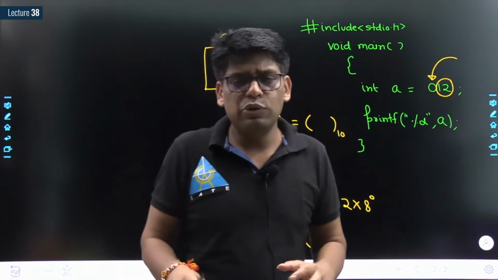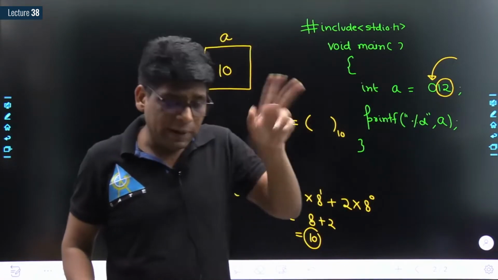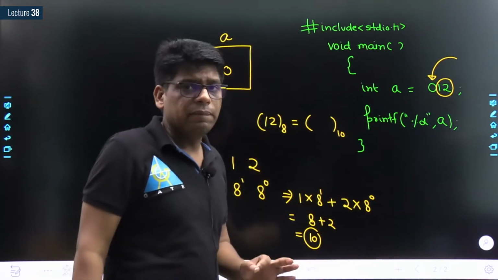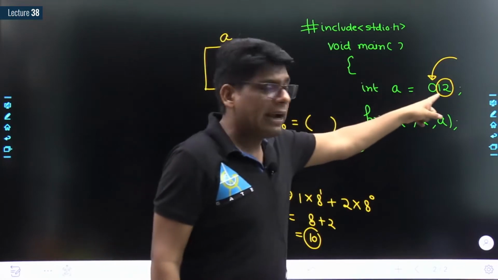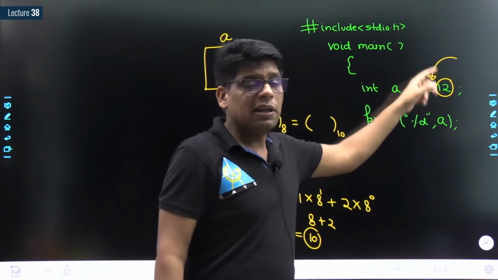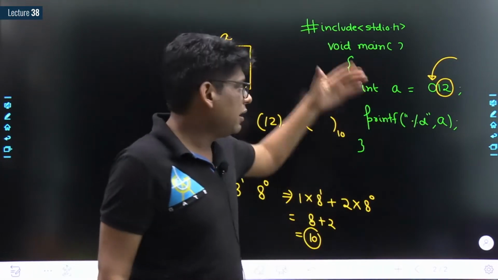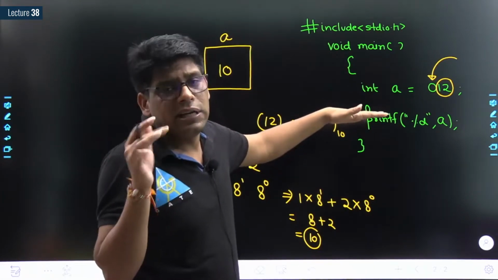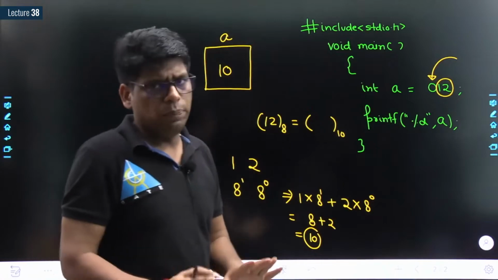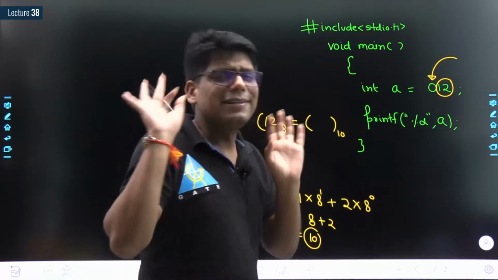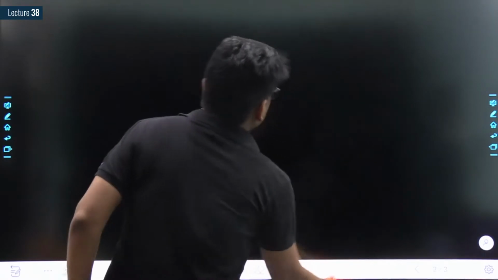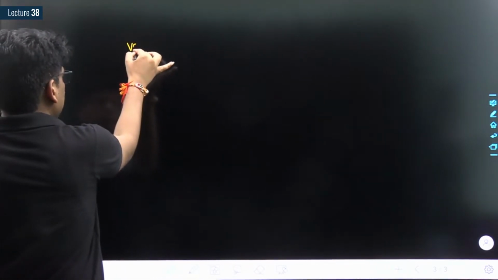Did I ever tell you that printf can print octal values or hexadecimal values? No, sir. So what have we learned? Sir, we can provide an integer literal in the octal number system, but when it comes to printing, printing is always in the decimal number system, as of now. In future, let's see it. Okay, then, on the same concept, if I ask you,